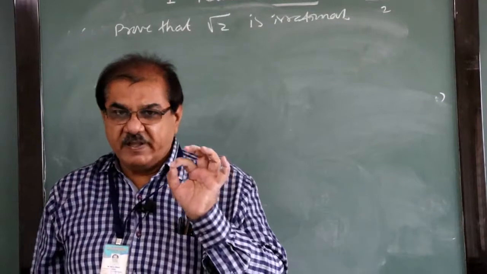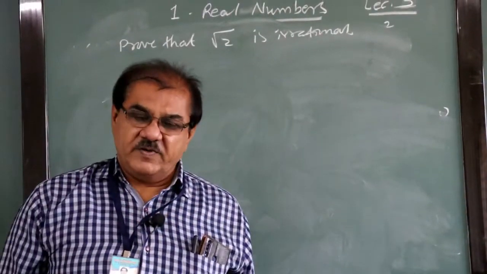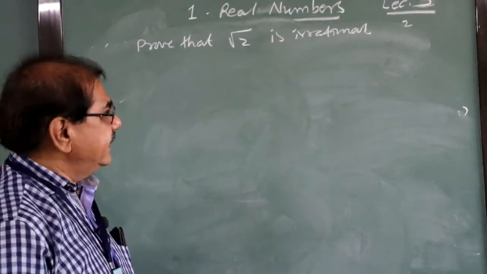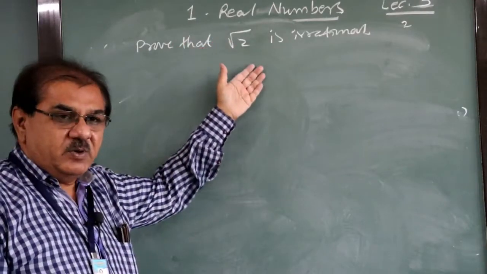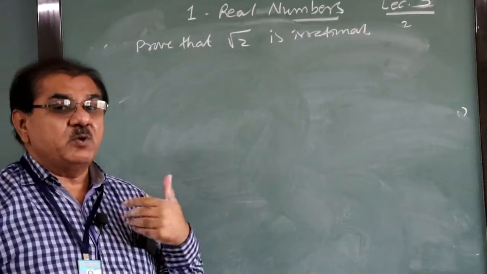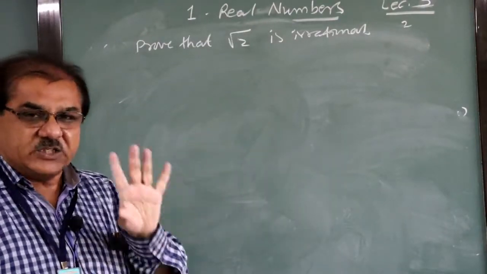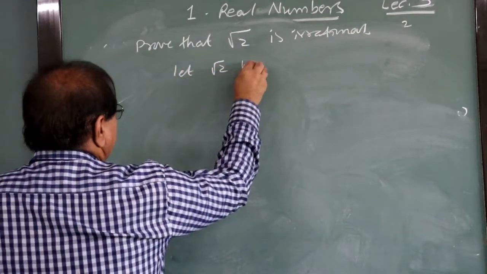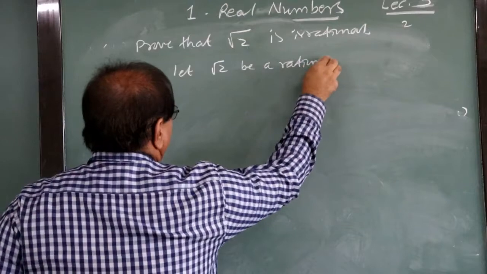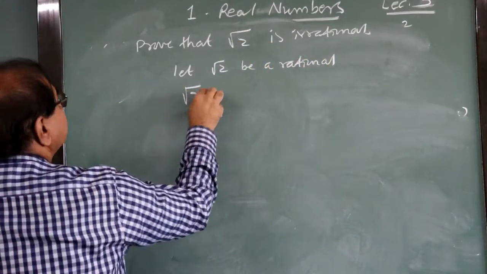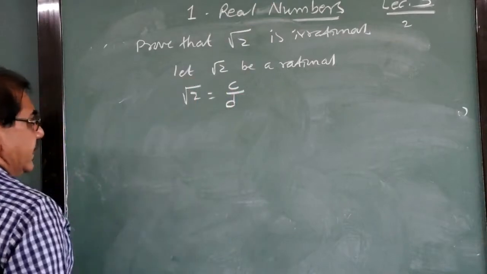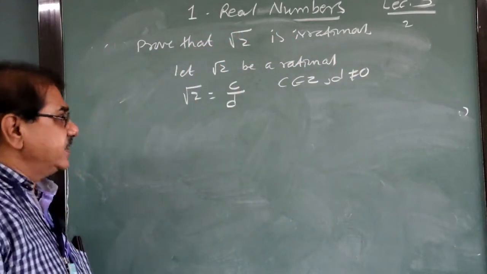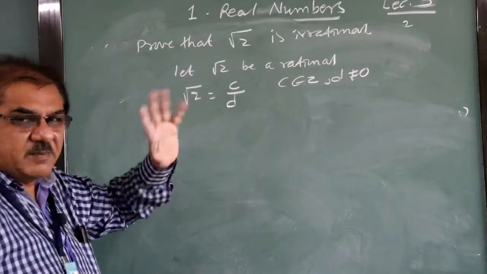We know that giving the proof is of two types. One is direct proof and second is indirect proof, that is, the contradiction method, we can say. So what is required to be proved, we assume the opposite of it and then we prove ourselves wrong so that the given statement is true. So how do we start? Let root 2 be rational. That means root 2 is equal to some number C upon D, where C belongs to Z and D is not 0, with the condition of a rational number. But here suppose C and D have some common factors.